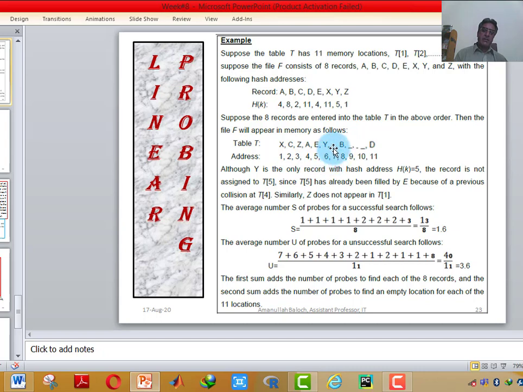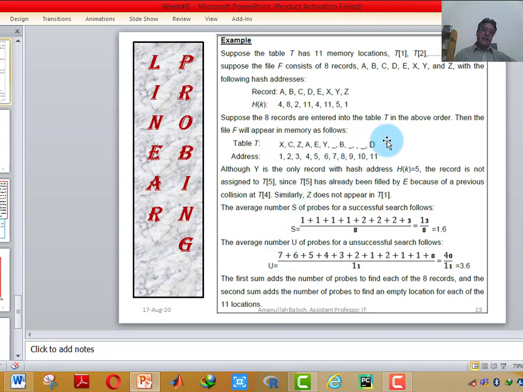This 7 location is available, so the 9th record will store itself at location number 7 while its hash address was 1. So it took 7 searches to get its blank or available location. We will take it 7.